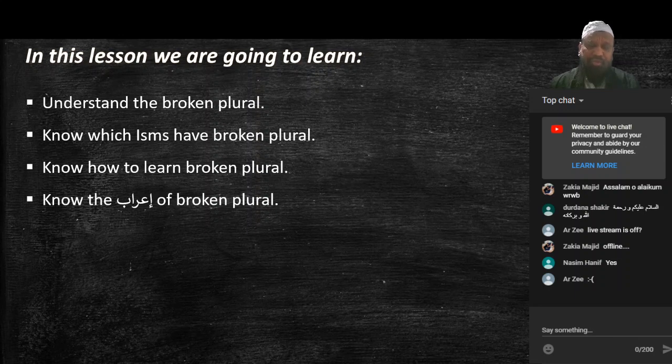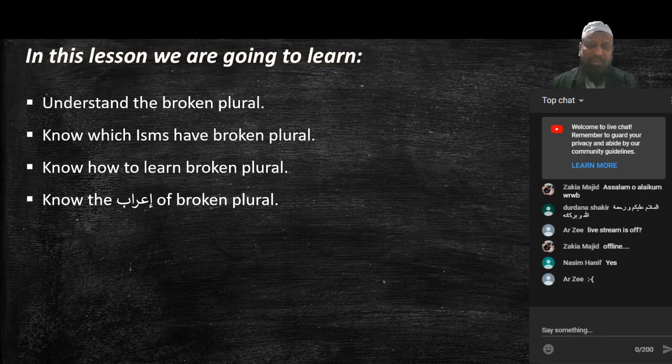And we've learned the muthanna shows i'rab with harf, letter, and those are two letters. One is alif in marfu case with fatha before it, and number two is the ya in mansub and majrur case with fatha before it. Then we've learned the al-jama. Jama is two types. One is jama salim, or al-jam'u salim. Another one is al-jam'u al-mukassar.